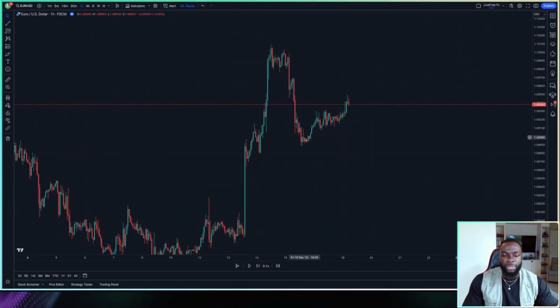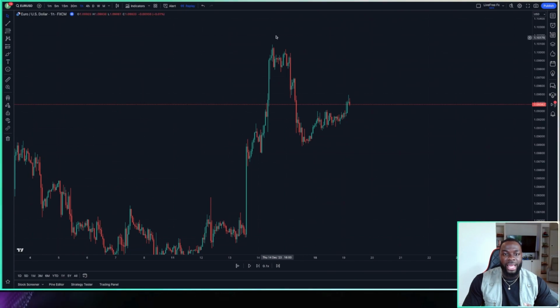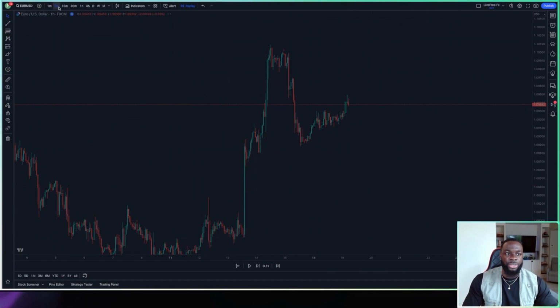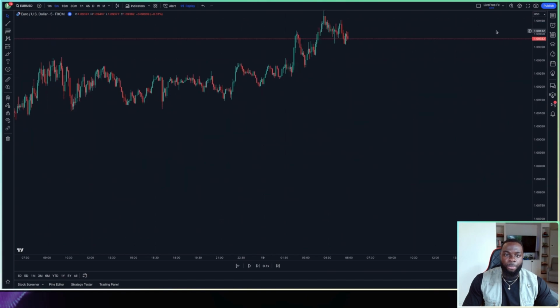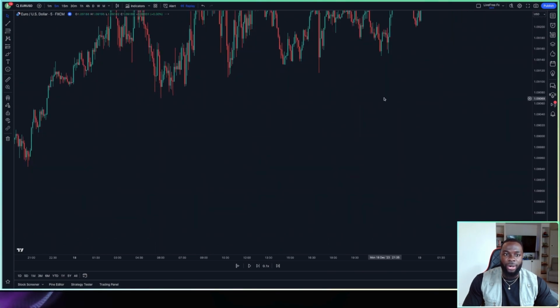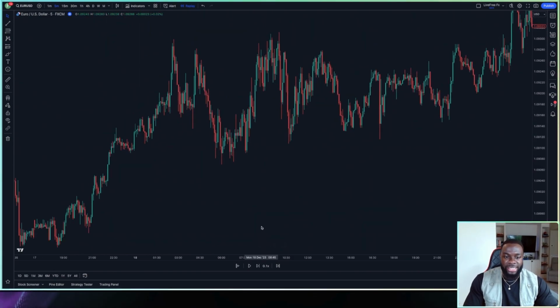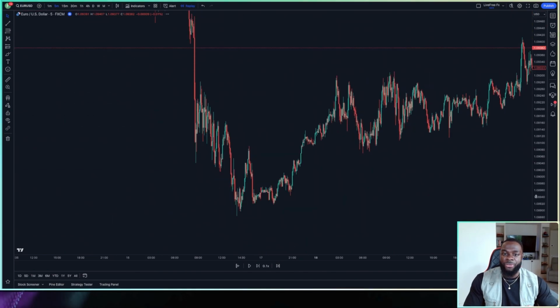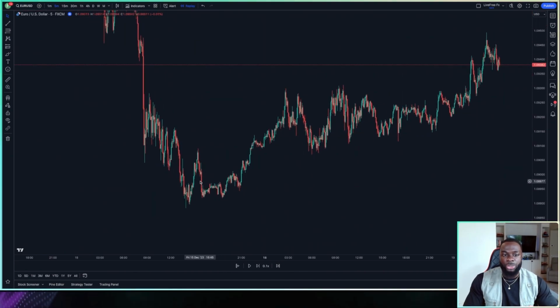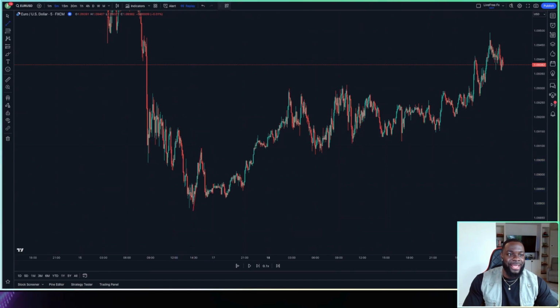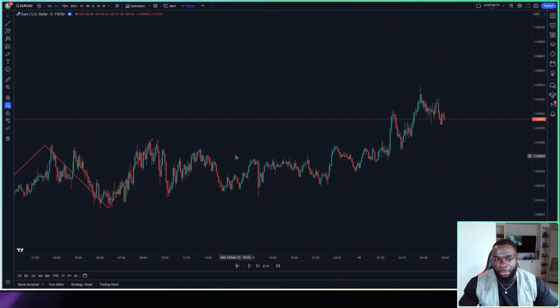And what we see here is price trading lower. We had a little bit of selling pressure, but now we're getting a little bit of that buying pressure come back into the market. So as we scale down to the lower time frame, what we're paying attention to is now the structure, right? We're seeing that price is moving higher on the higher time frame and also on the lower time frame. The market is making higher highs and higher lows, higher highs and higher lows. And what this tells me is that I want to be a buyer in the market.